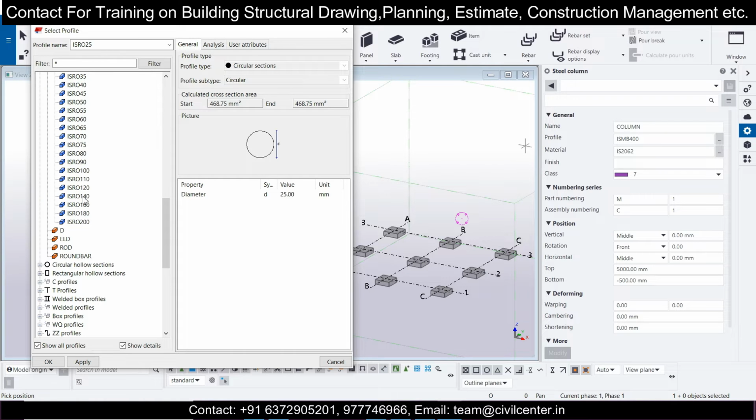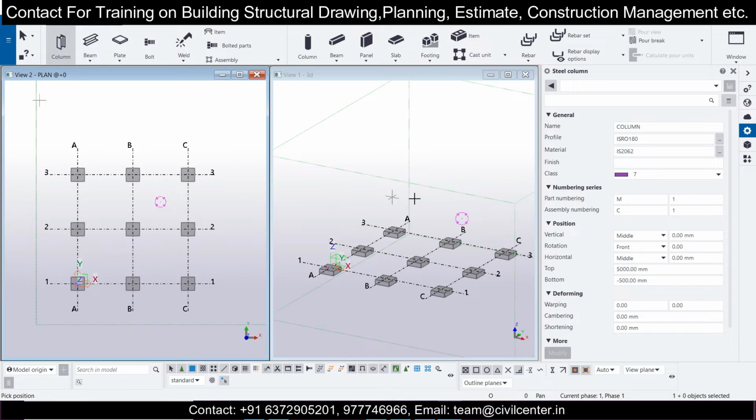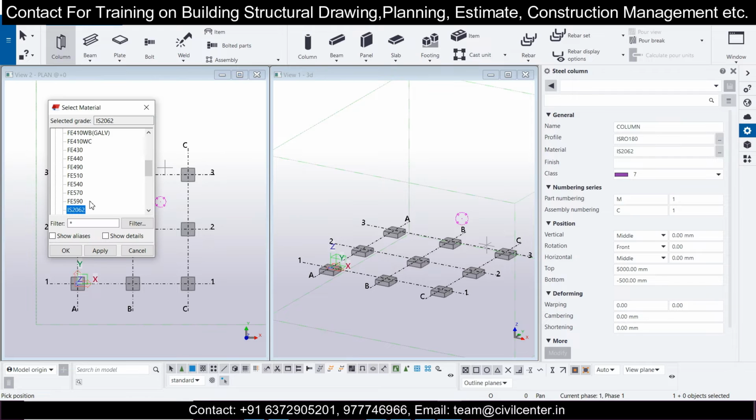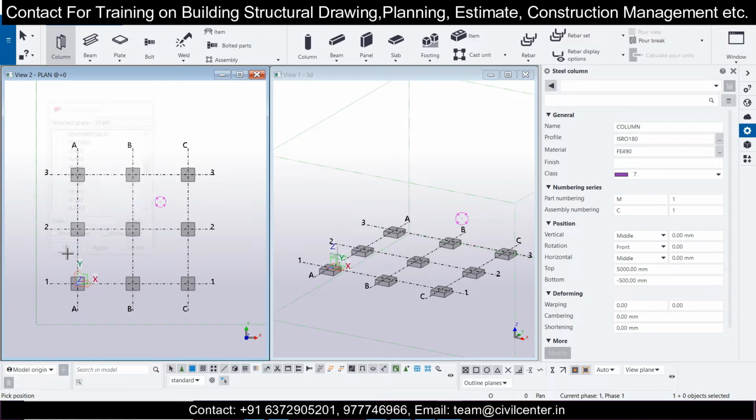So let me just go for circular section 180, and we'll use 180 here. And then for the material, we'll take FE 490, apply, okay.